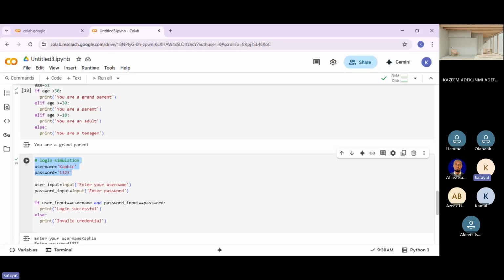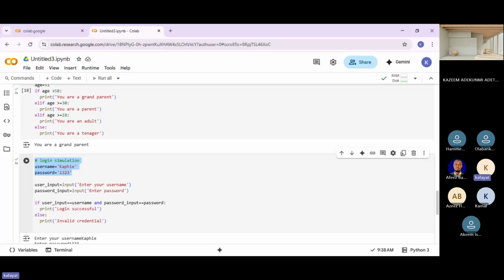Because I've saved it in a variable, and using operators, remember I said we have different types of operators: the equality operator, not equals to operator, greater than or less than operator. So we've tried all those.